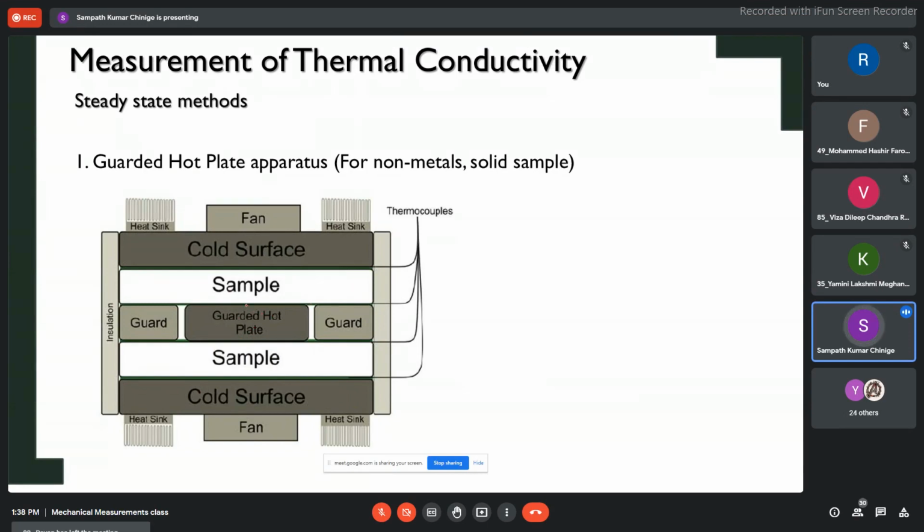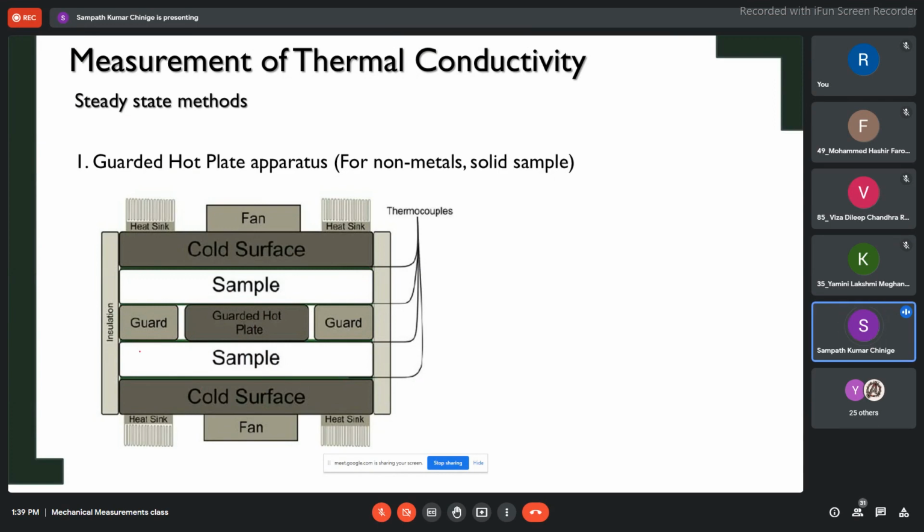Okay. So now, if you put a guarded heater also, the question posed by the student actually, there will be a temperature gradient on this side also. You are heating it from this side, and there may be a temperature gradient on this side. So how do you ensure that the temperature gradient is the same? If you look at the figure, that is straightforward. The sample, whatever you are keeping, it is the same with the guarded heater also. The cold surface junction that you are giving is the same as that of the sample. So whatever the heating that you are giving goes on both the sides, okay, and for the same sample temperature it will go.